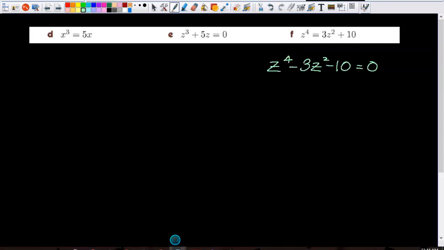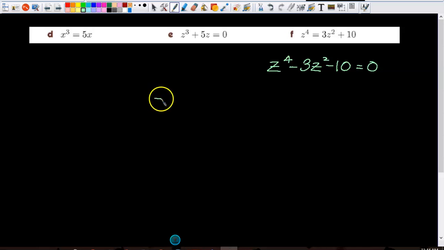You split it because it's z to the power of 4, z to the power of 2, and then z to the power of 0. It can be split into one group, z to the power of 2. The champion is looking at it as if it was a z squared and 3z.